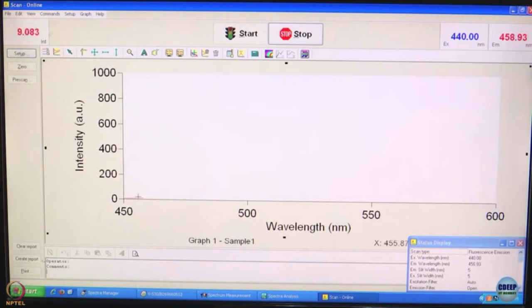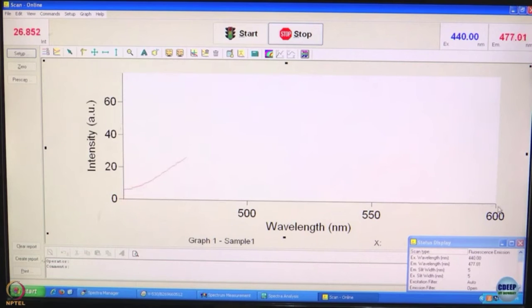You can see the spectrum building right here. Initially the intensity is very less, so I will zoom in a little bit. Now you can see the spectrum forming, and once again it is forming point by point. Each point corresponds to a particular position of the emission monochromator, and as you might see, the quality of spectrum is not very good because I am doing it very quickly. The integration time that we are using is only about half a second per point.